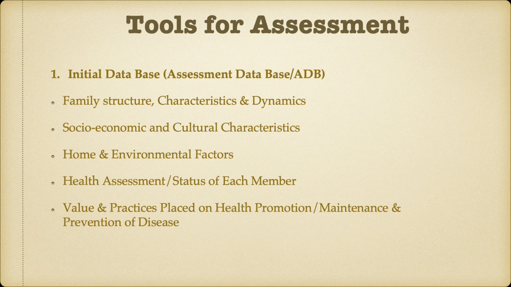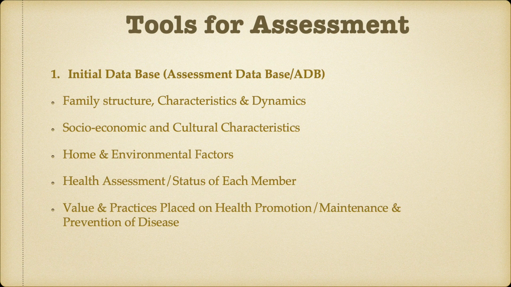Second, we have the socio-economic and cultural characteristics. This is all about the occupation of the family members or members of the household, the place of work, the income of each working member, the educational attainment of each member, the ethnic background, religion, traditions, and practices affecting health, etc. Of course, poverty will also be included there. And then the different nature of religion, so that is why we have the socio-cultural, which will also be included